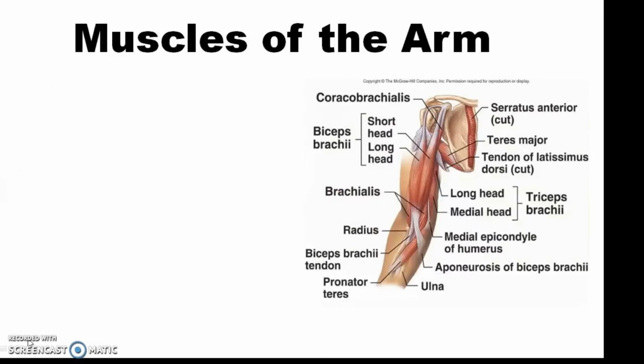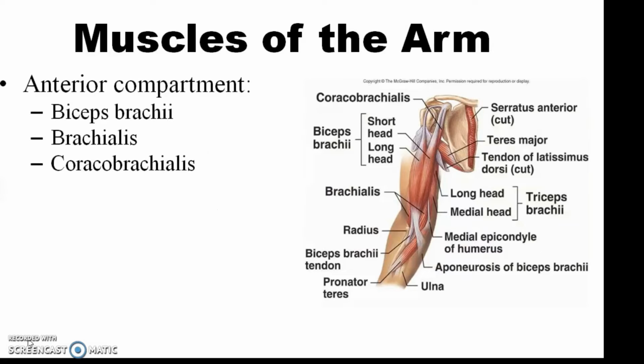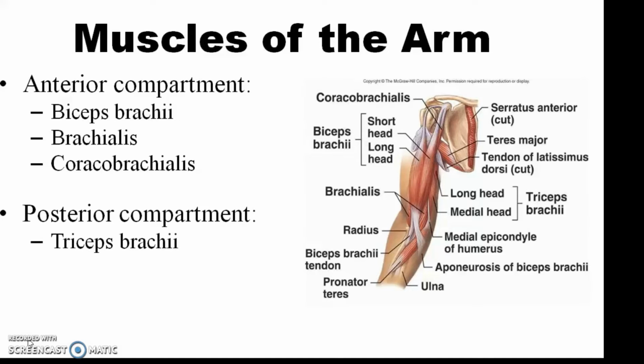Now going into the details of muscles. Muscles of the arm region are, as I said before, in the anterior compartment 3 muscles will be seen, and in the posterior compartment 1 muscle will be seen. Anterior compartment muscles are biceps brachii, brachialis and coracobrachialis. Talking about the posterior compartment, only one muscle will be seen, and that is triceps brachii. Here you can make out clearly, you can see biceps brachii and brachialis, and then we will be having coracobrachialis present here, deep to the biceps brachii, and posteriorly we will be having 3 heads of triceps.